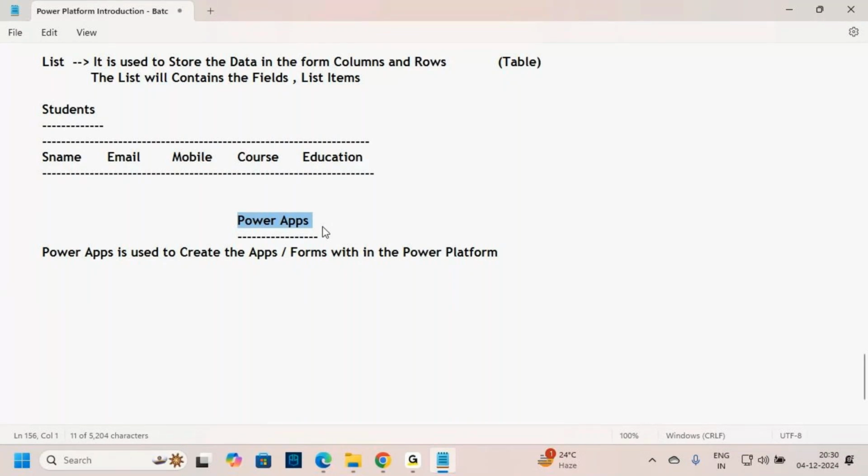But what is the actual definition of Power Apps? What can Power Apps do? Let me keep it here, guys. If you ask anyone what Power Apps is, they will give this answer. But we need to understand what Power Apps can actually do. As we know, Power Apps is used to create the apps or forms